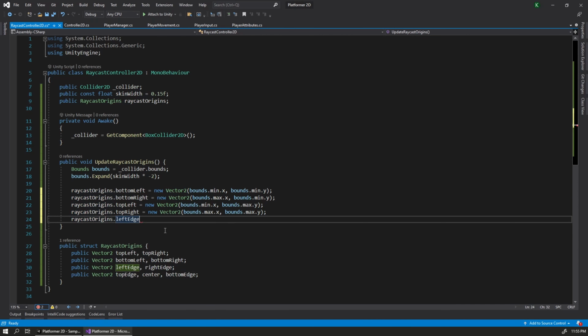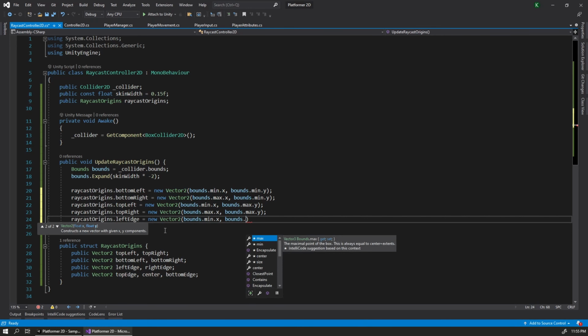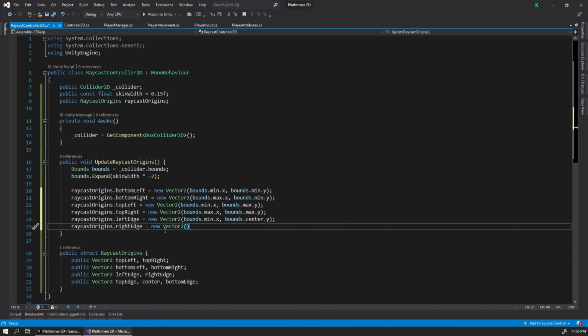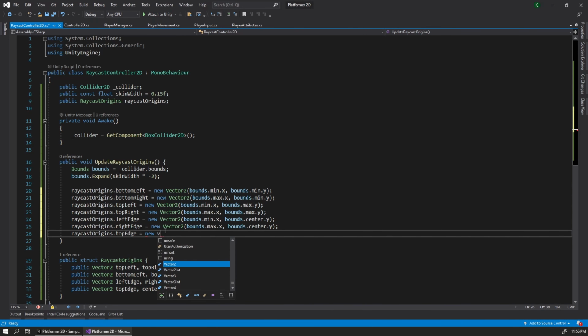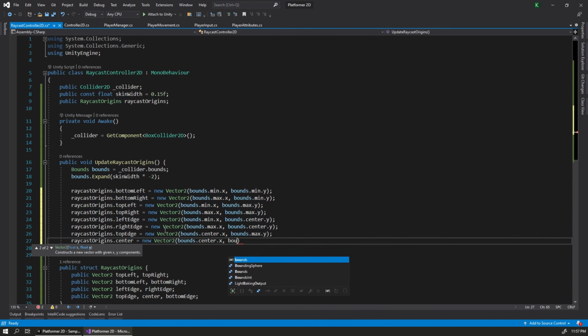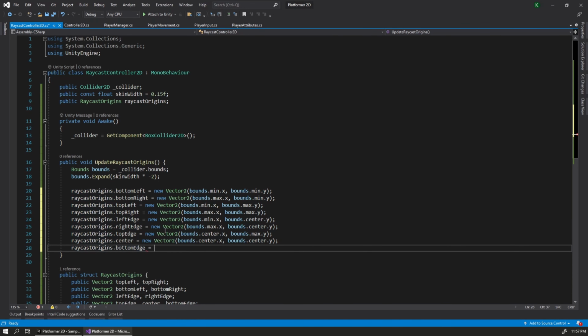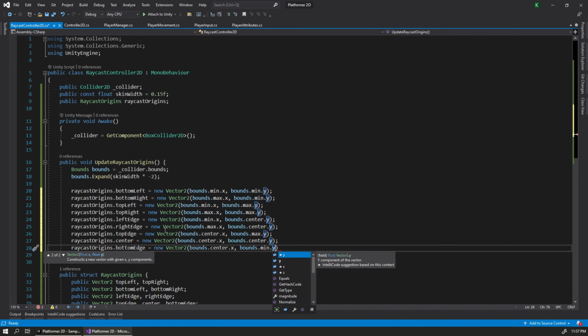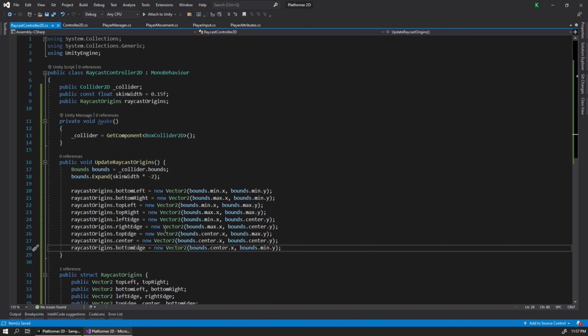For our left edge, we would take minimum in the x and center of our y, and for the right edge, maximum in the x and center of our y again. For top edge, we'll take center in the x but maximum in the y. For the center, it is straightforward, center x and center y, and bottom edge would be center x and minimum y. So now that we have our origin values from the collider bounds, we would also need to raycast at